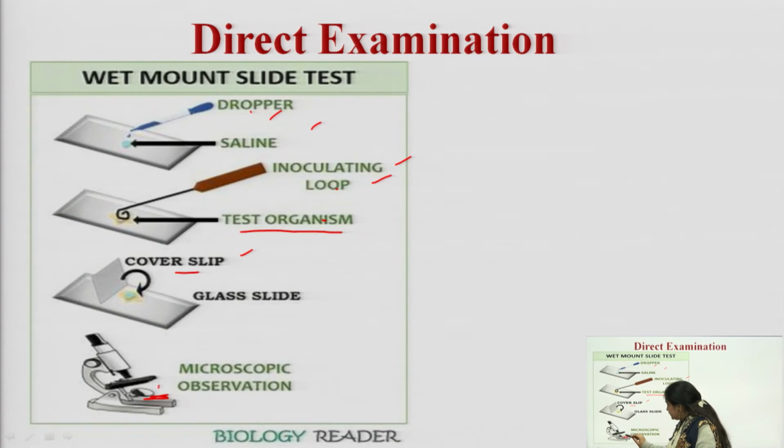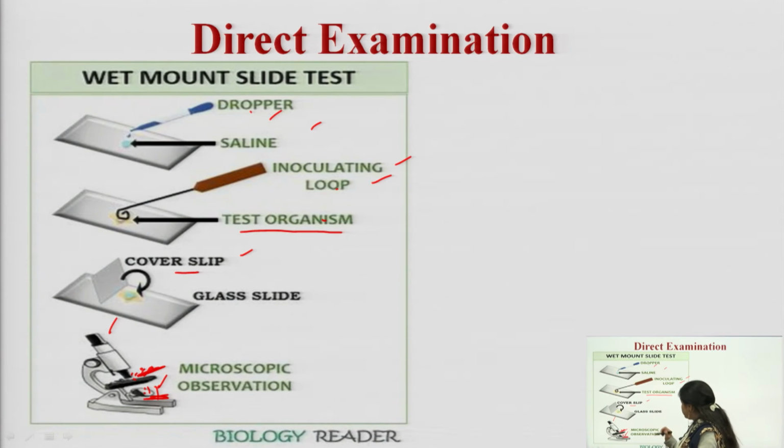Here we have the condenser lens, and here we have the objective lens. The objective lens will transfer the image towards the ocular lens. Over here we will place the glass slide with the specimen. Light passes from the condenser and reaches the specimen, and when it passes through the specimen it reaches the objective lens, and from the objective lens it reaches the eyepiece.